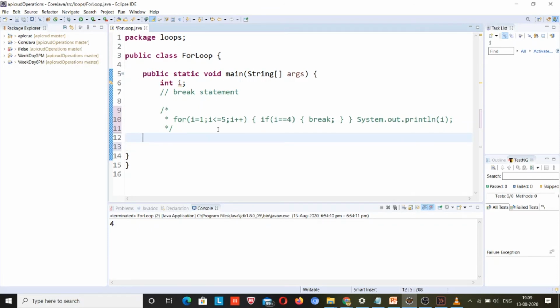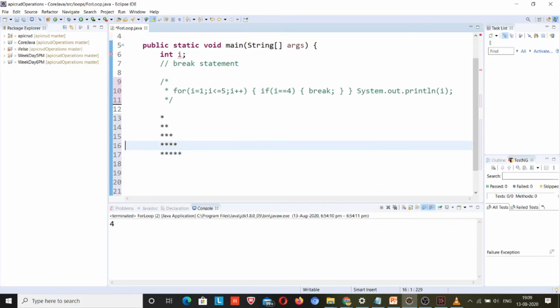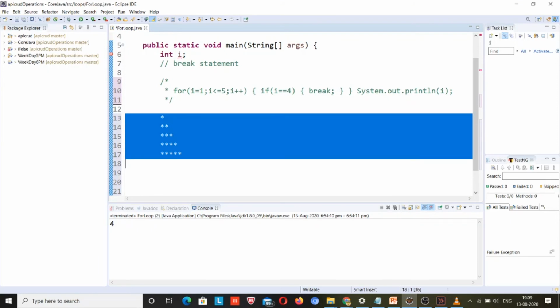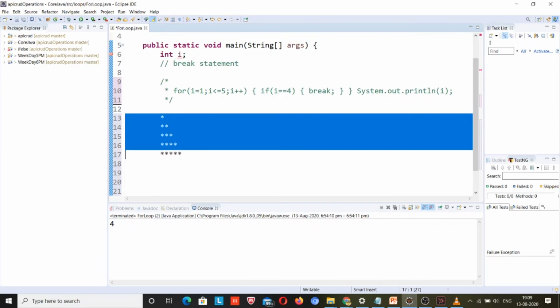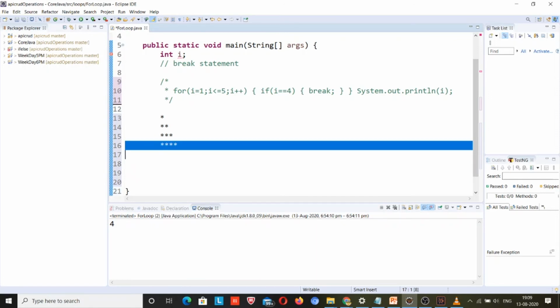So I have to print what is there. How many times is this line there: 1, 2, 3, 4, 5. Suppose I make it 4 or 3, whatever it is.